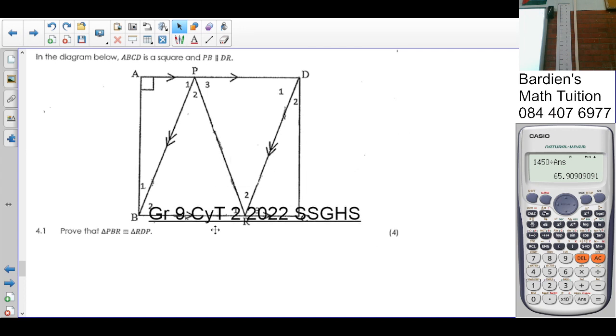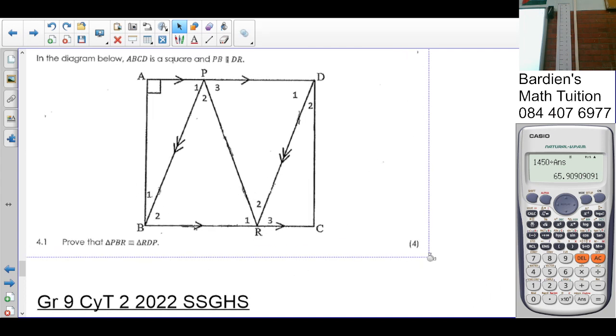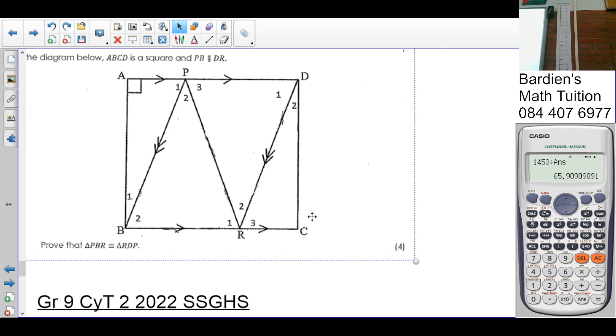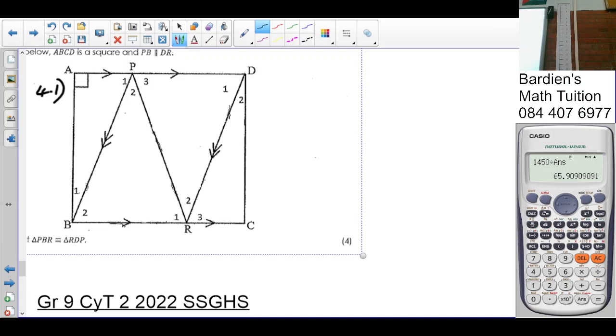Then we are told to prove that, I'm going to put here 4.1, we must prove that triangle PBR